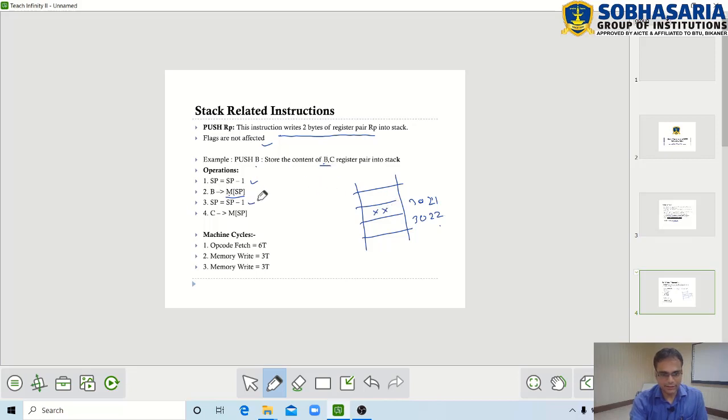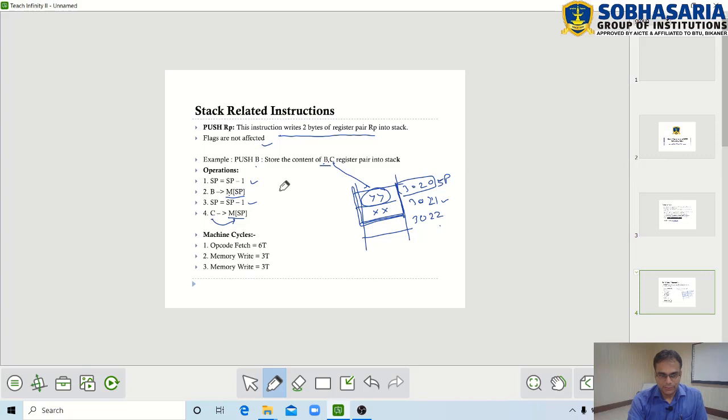Then stack pointer gets decremented again, so it becomes 3020, and the memory pointed by stack pointer will have the content of C register. So content of C is copied in this location. Now this is the stack, which has the top element as the content of C register, and this is the address which is stored in stack pointer, right?